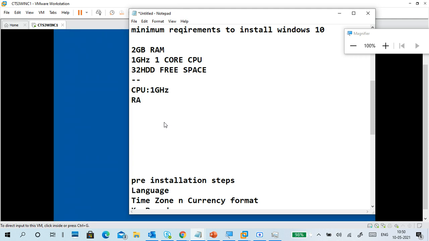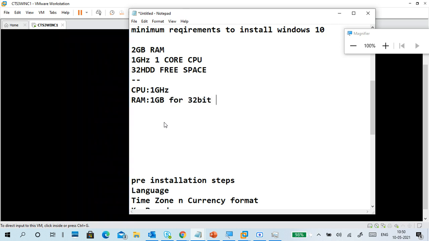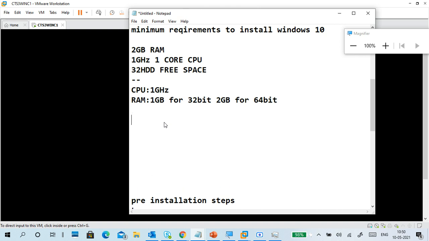RAM: 1 GB for 32 bit and 2 GB for 64 bit. And disk.